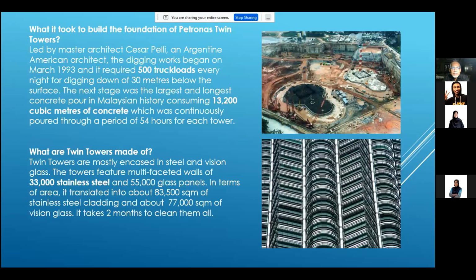So every night they dig down 30 meters below the surface. You can see the retaining wall. Where's my cursor? Here, the top. See the retaining wall here? It's more than 30 meters. This is a 2 block. One is constructed by a Japanese group, the other one by a Korean group. You can get the detail from the internet. So this so-called dig below will later become underground parking. They have done it all together so that they just put in a structure for underground parking. Basically they have to do it at night because